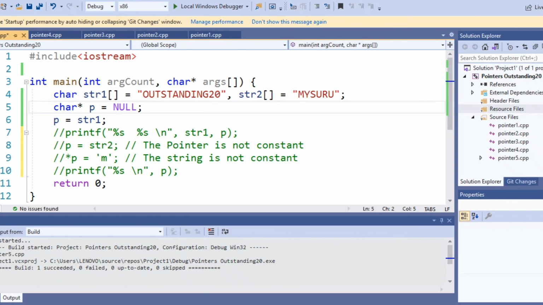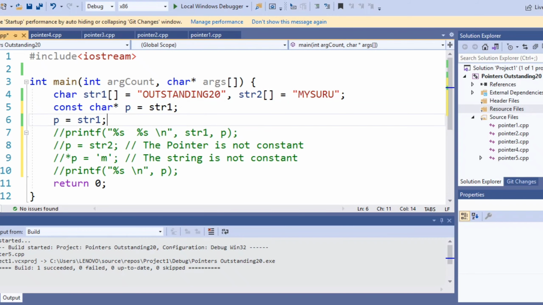Now look at the changes that I'm going to do in the declaration of the pointer. I'm going to add the const. So here I've made the pointer p point to str1. Here I have made the string constant, and I'm making the pointer point to str1.